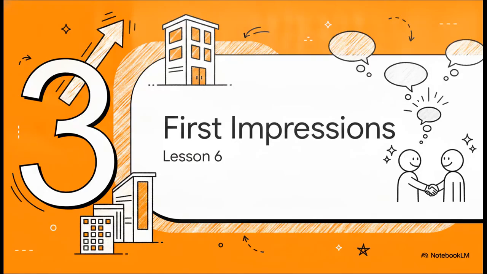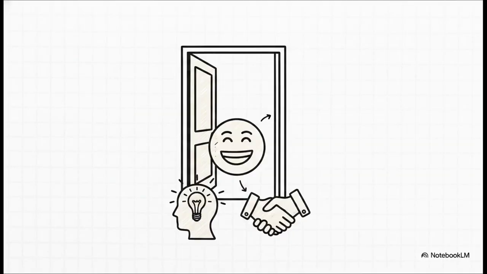All right, Pillar 3, Lesson 6, Mastering First Impressions. So we've built the internal structure, right? But now we have to look at the exterior facade, meeting new people. The curriculum emphasizes that long before you ever get the chance to share your talents or listen deeply to a story, you've got to get past that initial meeting. And that comes entirely down to essential nonverbal cues. We're talking about really basic social skills here, smiling and remembering names. The text explicitly states that these make a massive difference when meeting someone new. They are the absolute key to making a good first impression, which totally dictates whether someone will even want to connect with you further right off the bat.